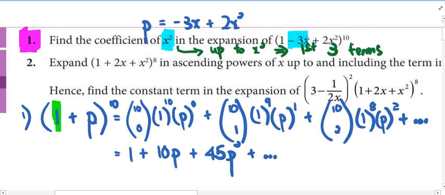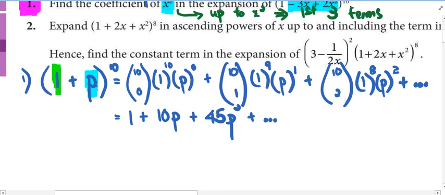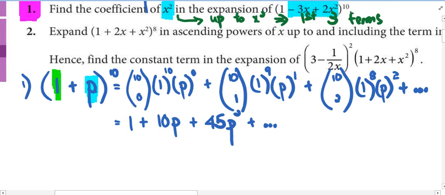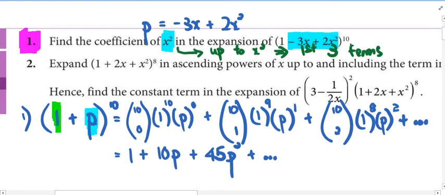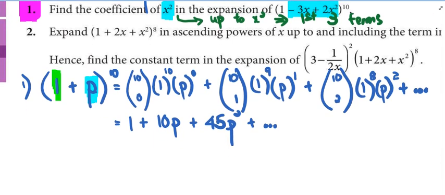My negative 3x plus 2x squared was replaced by p. Am I right? So, the p is I introduced myself. So, in order for me to do the correct expansion, now I must let my p be equal to negative 3x plus 2x squared. So, if I were to write it out,